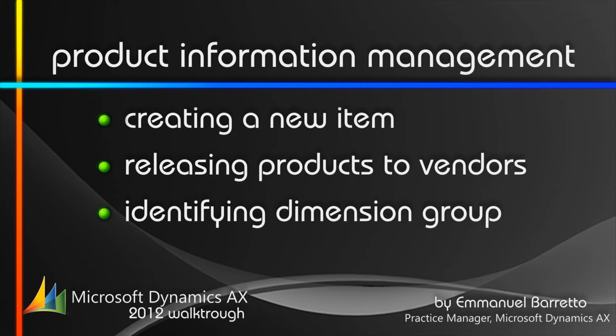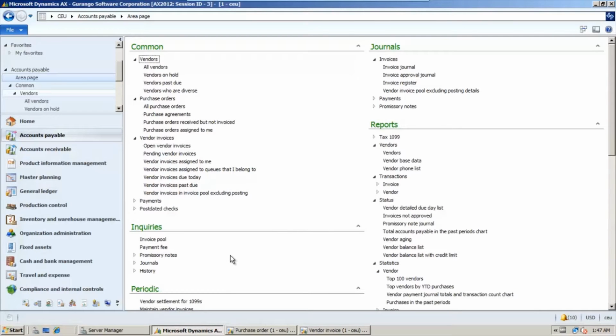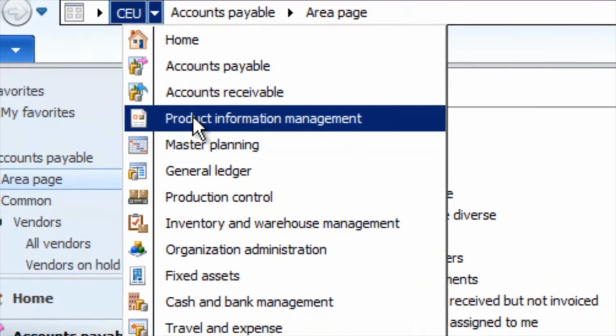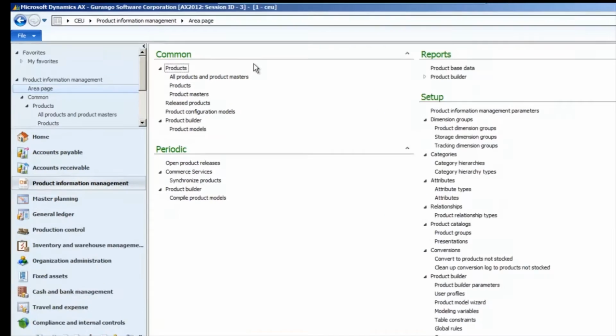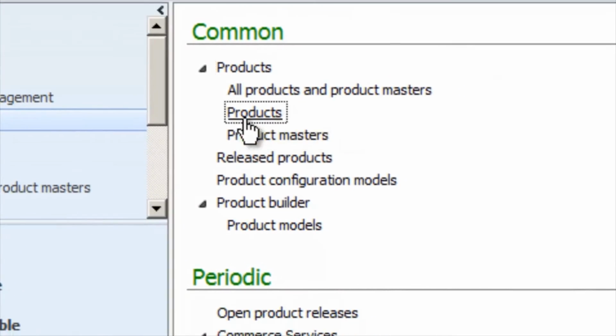I will now show you how easy it is to use Microsoft Dynamics AX 2012. To start with, I will be creating an item or product. AX 2012 has introduced this concept of centralizing all product creations. So you can create a product under the product information management module. I will now create the product